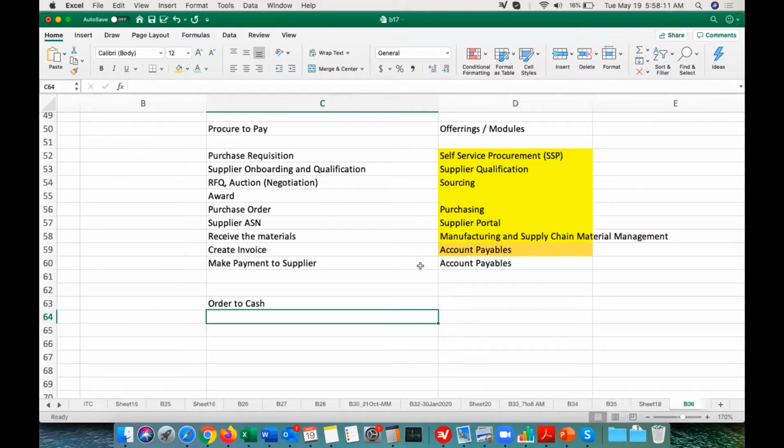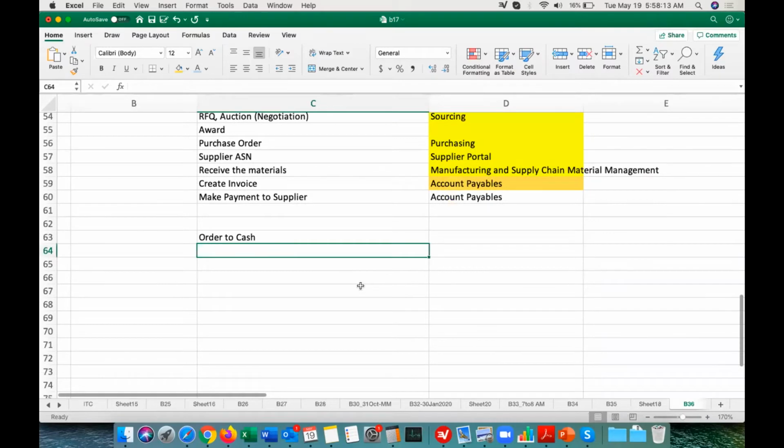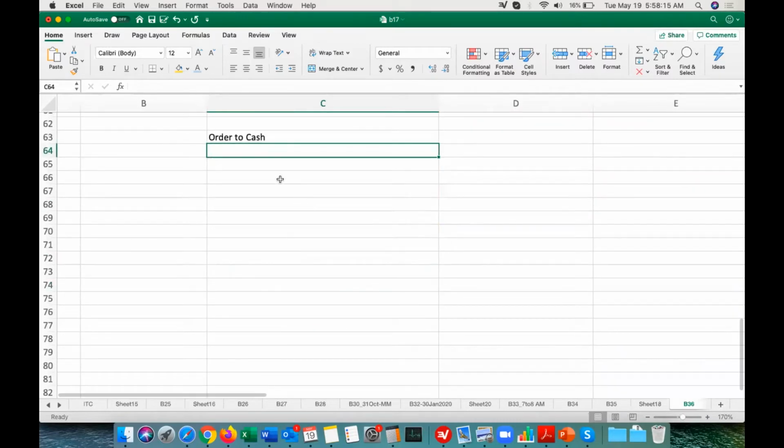Okay. So next one is the order to cash cycle. Now we'll talk about the order to cash cycle. At a very high level, you have some item and you are going to sell it, and then you will get some amount back from the customer. So let's take, you are selling something on OLX. In simpler terms, you have a used bike and you want to sell it on OLX.